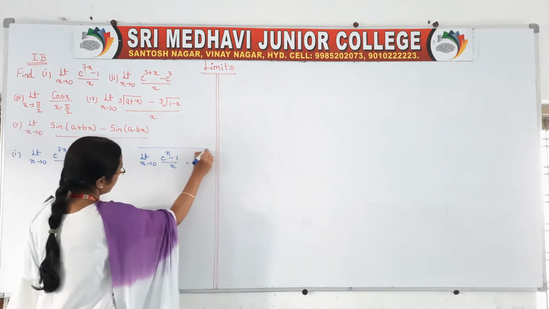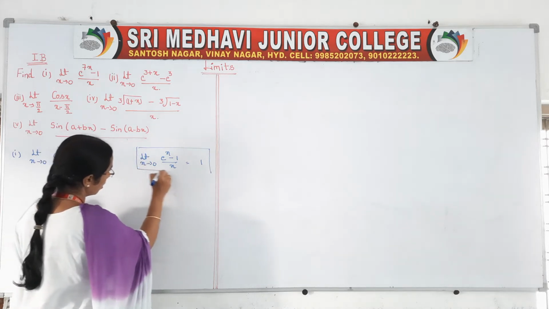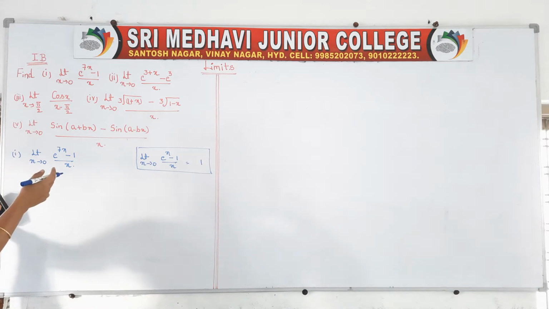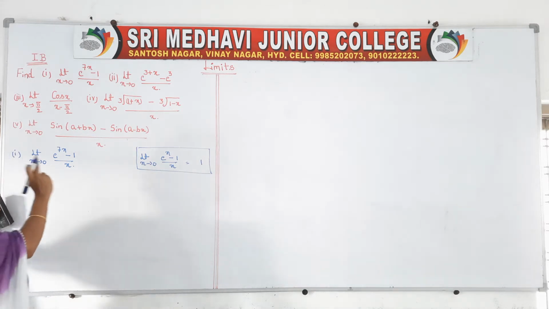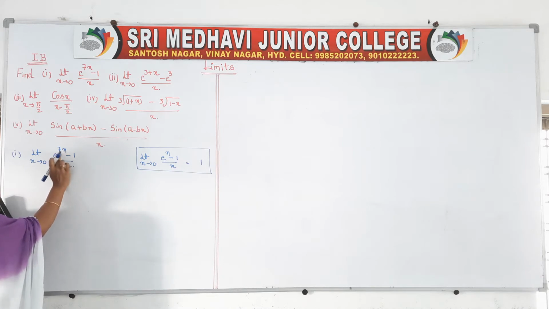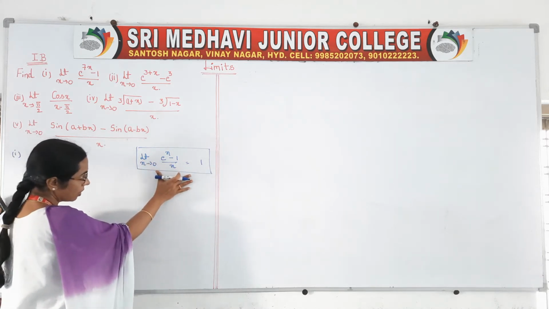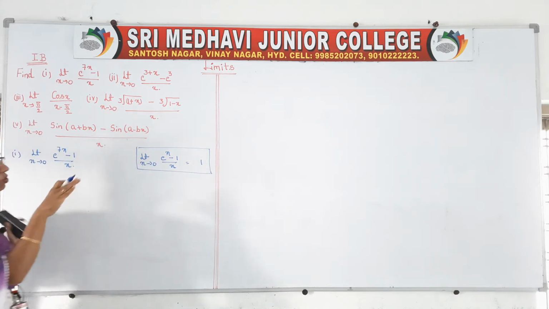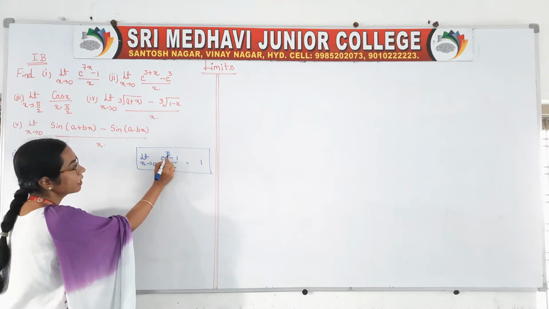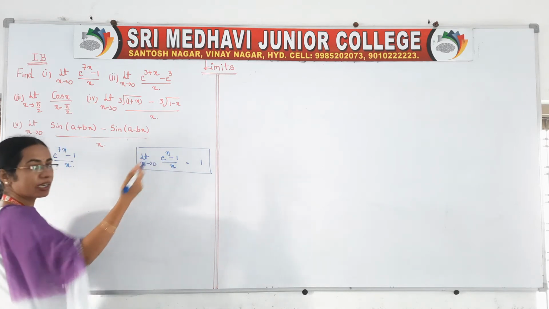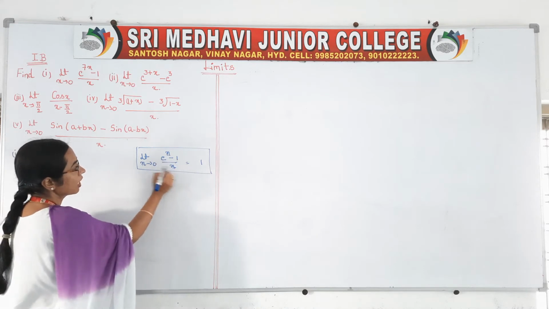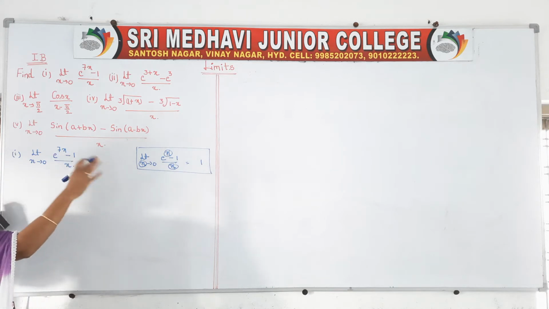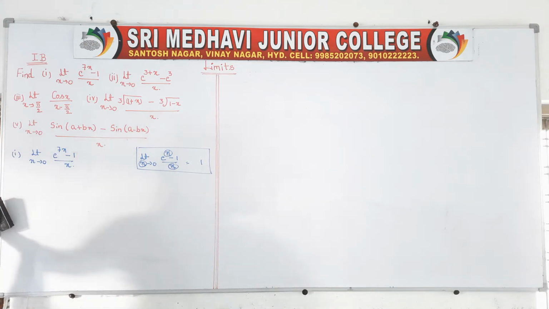We solved some problems based on some standard results of the limits, right? There we discussed this formula. Now if you observe, here 7x is there. This formula is a general form, which means instead of x you can have anything. So whenever it is general form, instead of this x we can take any value. These 3 values must be the same. If it is in that form, we can equate that value to 1.